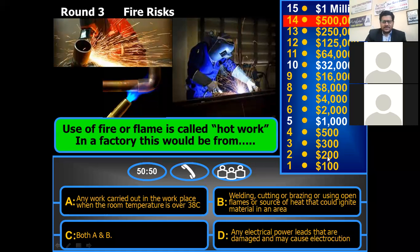So Mr. N, you'll go with C. Yes, please. Any other opinion? What is the definition of hot work? More simple. Or examples of hot work, in other words. Yes, please. Use of fire or flame is called hot work. In a factory, this would be from,